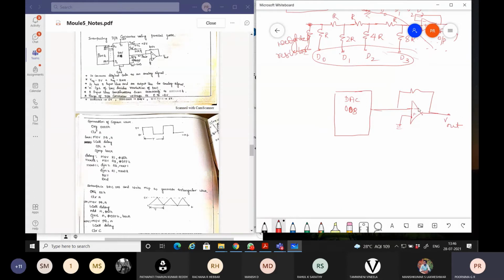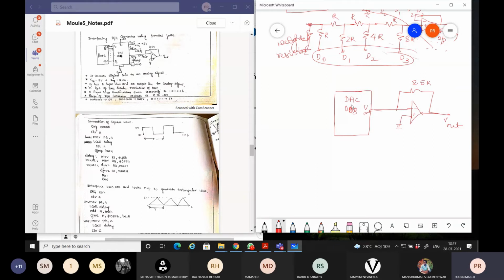There will be a 180-degree phase shift between input and the output. If it is given to a positive terminal, there is a 0-degree phase shift between the output and the input. All these things you know very well. And there is a feedback resistance of 2.5 kilo ohms. It is connected between output and input in order to give a controlled gain. So this will be the V out pin of your DAC.